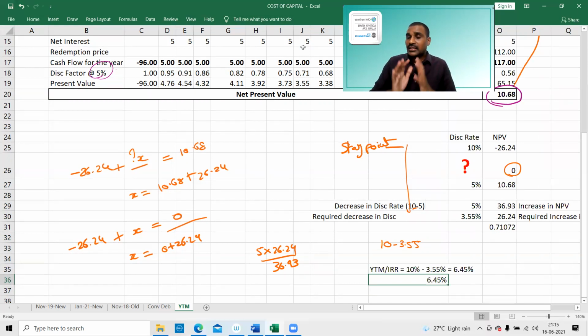Having done that, some students who are concept oriented are able to grasp this. But some students who are not able to understand the logic will go by the formula. But before doing the formula, at least once we have to do the conceptual.